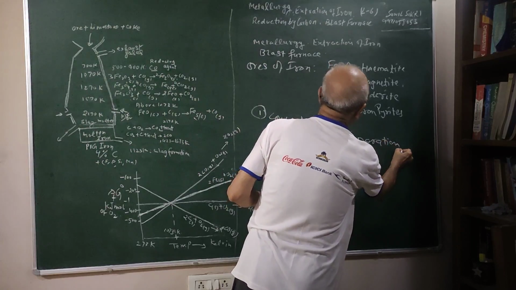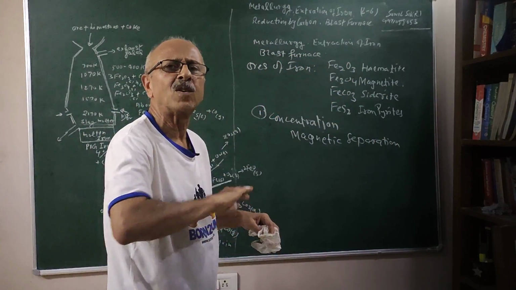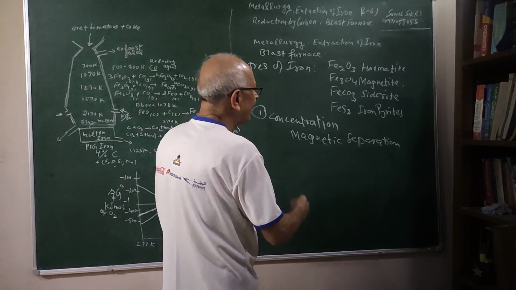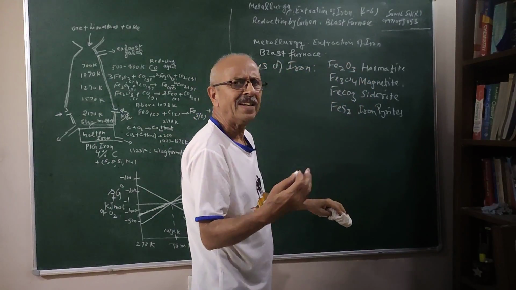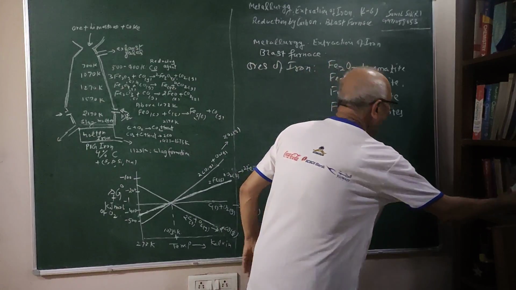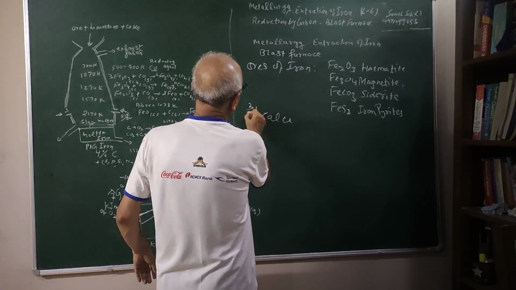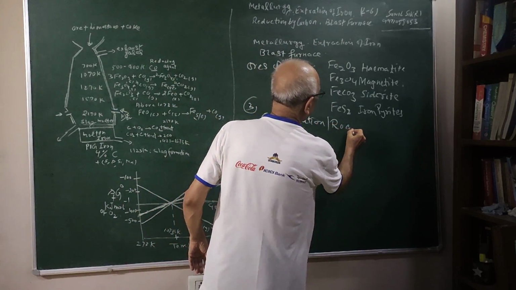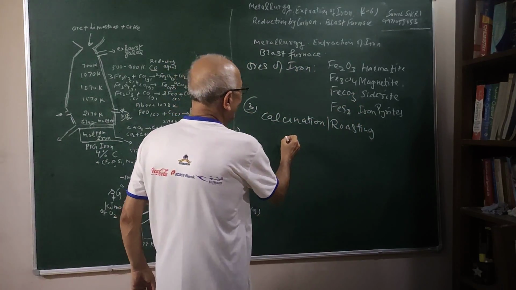The second method of concentration will be, students, magnetic separation. So as you can see, magnetite, if the ore is magnetic in nature, we can use magnetic rollers, and the impurities are non-magnetic, therefore we can apply the magnetic separation also for the iron ores. So crushing, grinding, concentration, this is done. After that, students, you already know what we are doing: calcination or roasting.